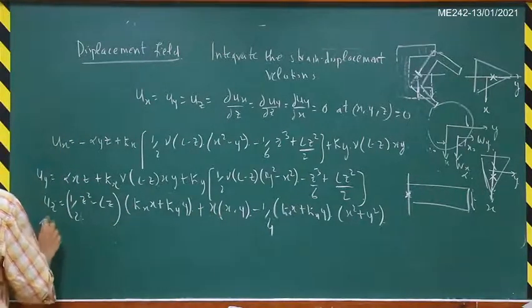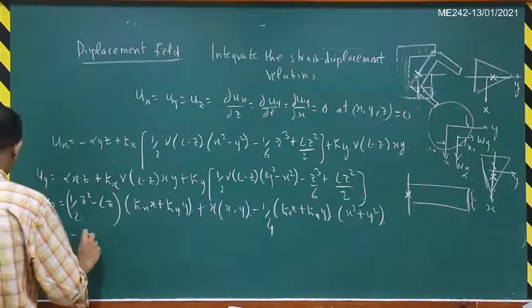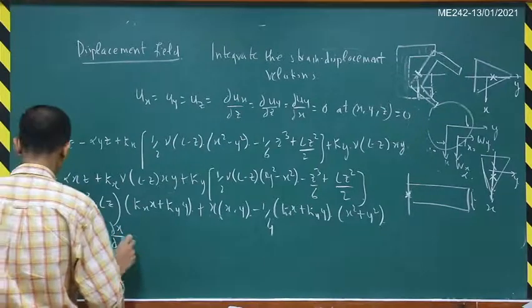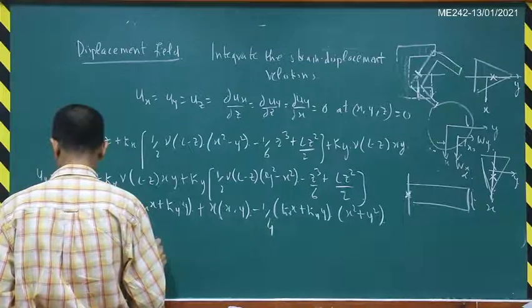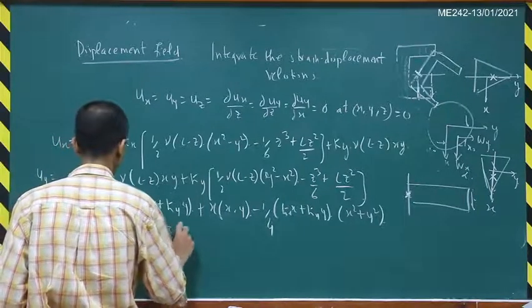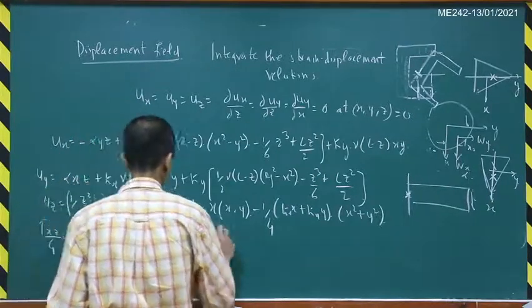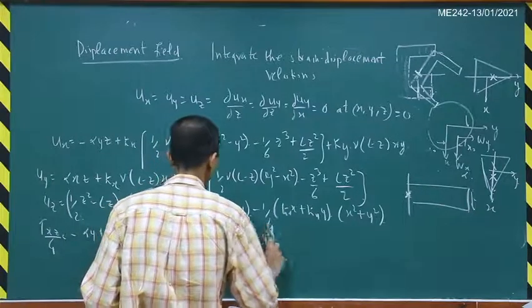And then your tau xz divided by G is minus alpha y plus del chi by del x minus kappa x by 4 times 3x square plus y square plus 2 nu times x square minus y square